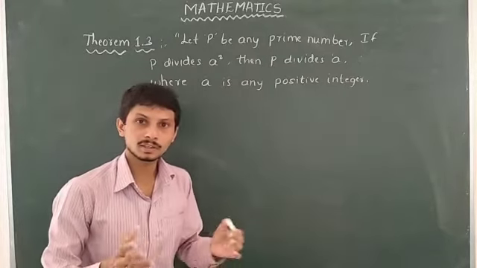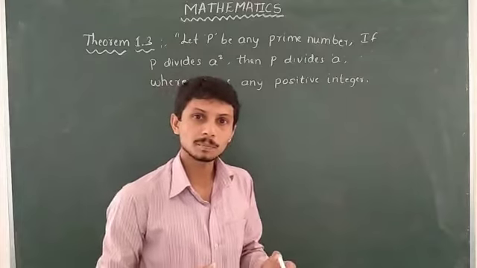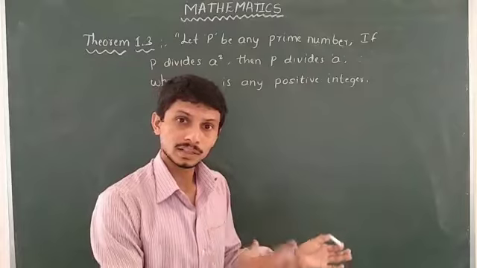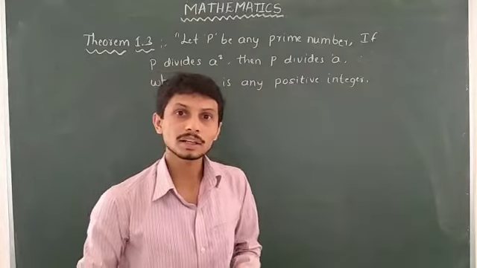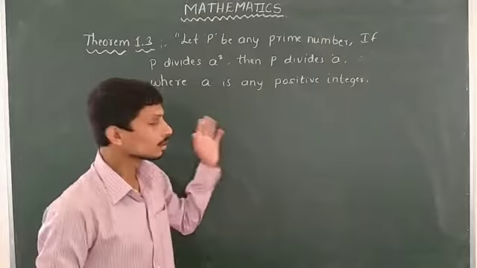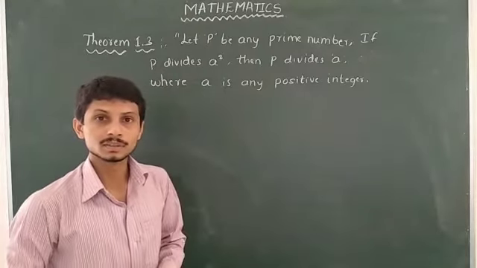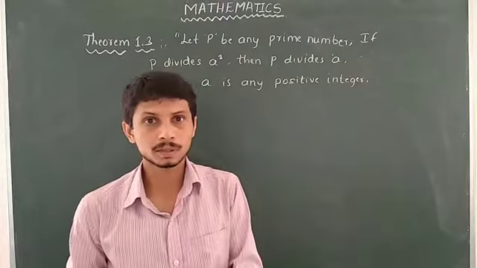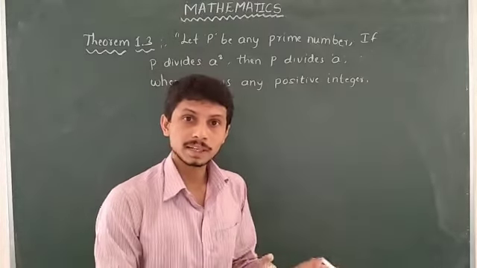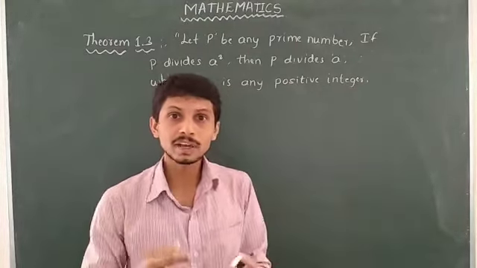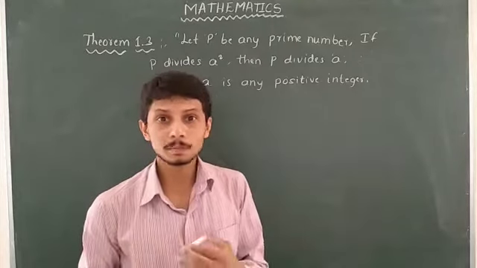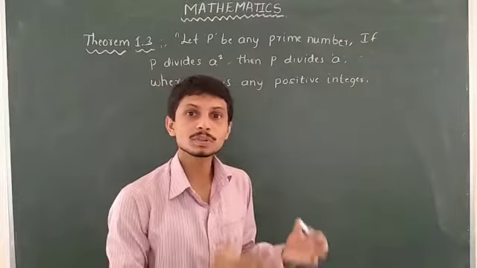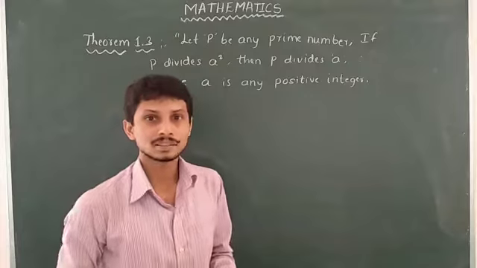So prime number we already learnt about. That is, a prime number is a number which can be divided only by that number or 1. So we have to prove this statement. You already learned that a lemma is a proven statement used to prove another statement. So it's also a statement we have to prove, and then we use this statement to prove some other statement. So let us discuss this theorem. We have to prove this statement by using some assumptions.